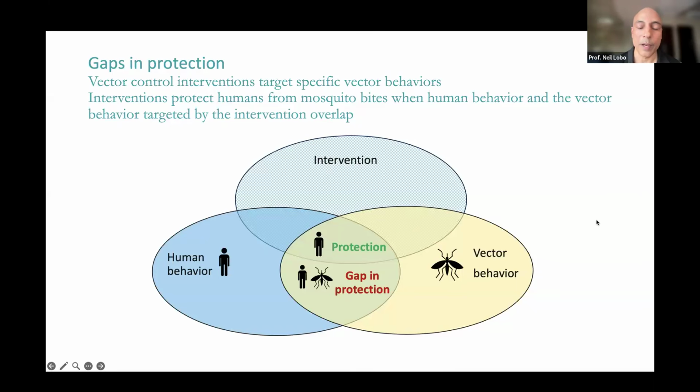And this is really important because so many places, countries, intervention strategies measure the protections. I have heard so many times, and people who have heard me talk before will probably have heard me say this before, it is so great that you have 80% bednet coverage and 80% bednet usage. But I want to know why you still have so much malaria, right? It's important to see how well we protect people, but it's more important to see how our strategy does not work. Where is the gap in protection? How does my intervention not work? Because that is where all the malaria is coming from.